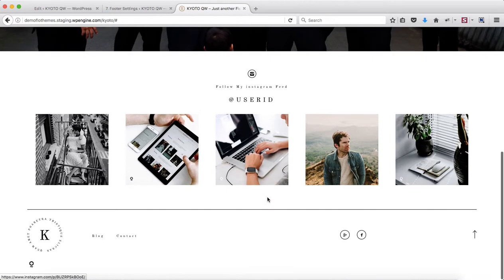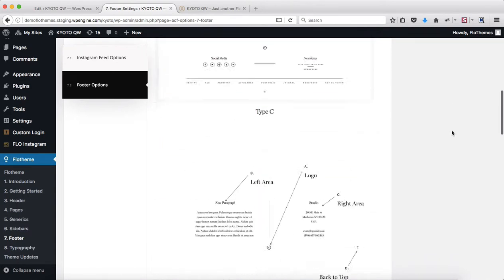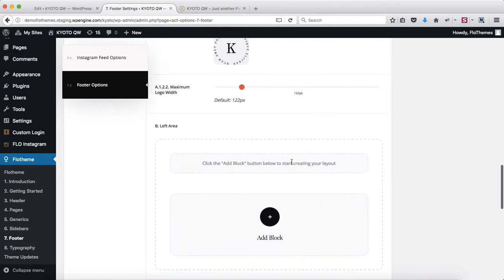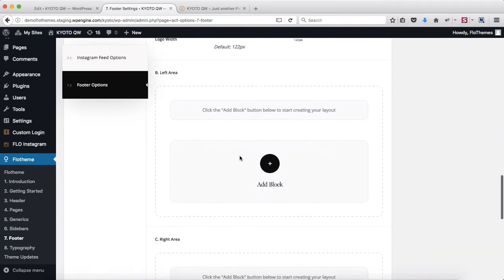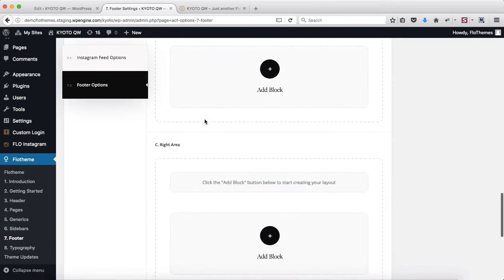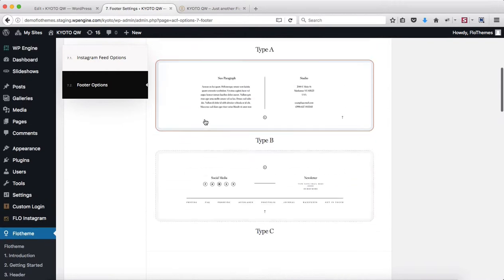Okay, so as you can see here, we have our logo changed, our menu changed, and yeah, everything else is pretty standard. So next off, let's take a look into type B. This layout is a little bit more interactive. Essentially, these elements remain the same as mentioned earlier. However, now we have additional sections to work with. We have left area, and then we have our right area. And if we take a look at our sample here,